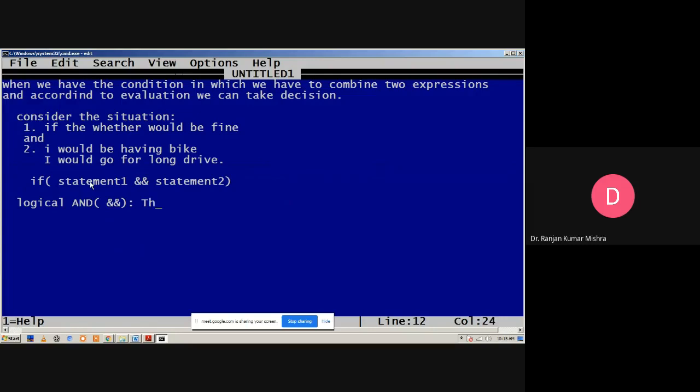The operator is used to evaluate two expressions simultaneously.